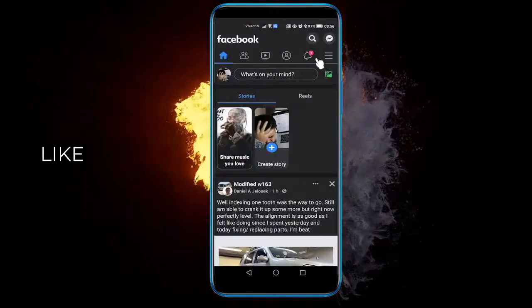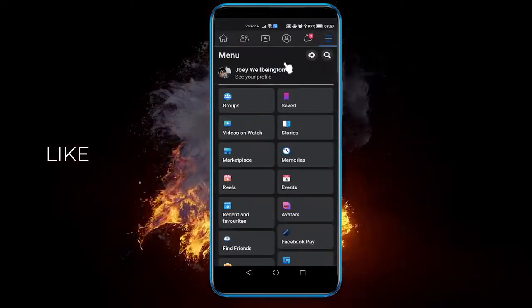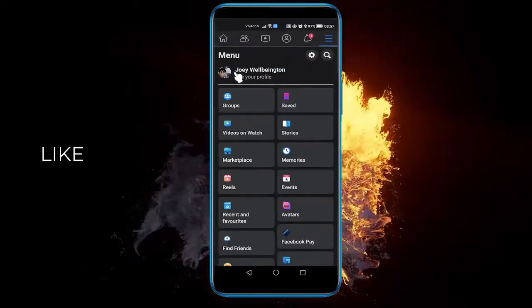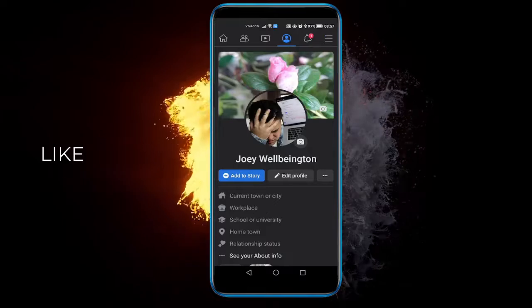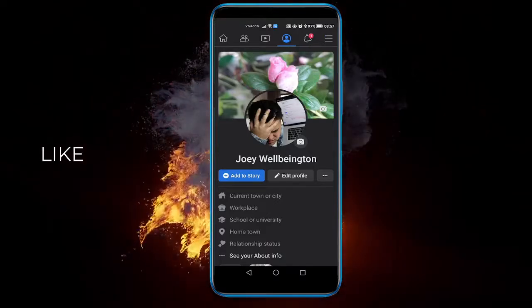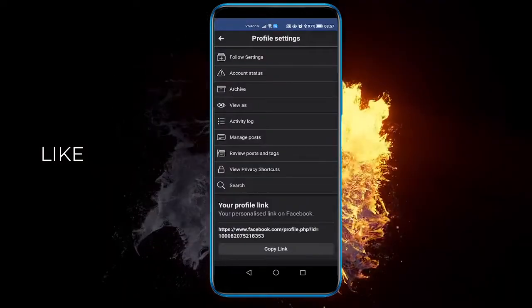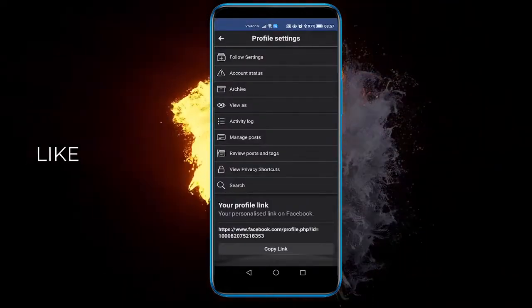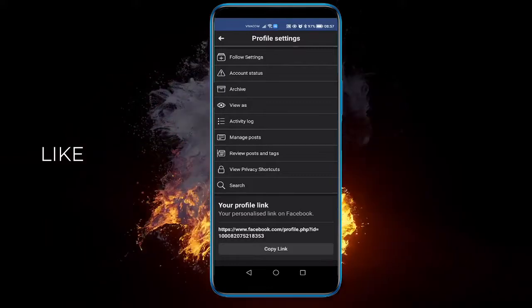and then go to your profile from clicking three little lines, then clicking your profile right over here, then click the three little dots and everything's in threes. And from here, what you need to do is click View Privacy Shortcuts,